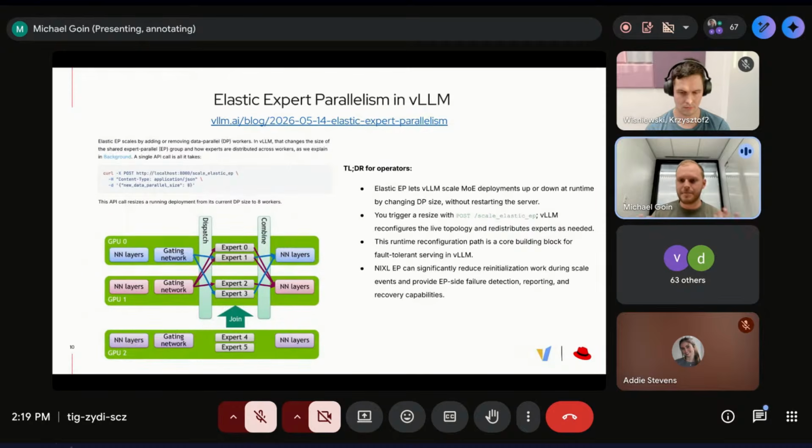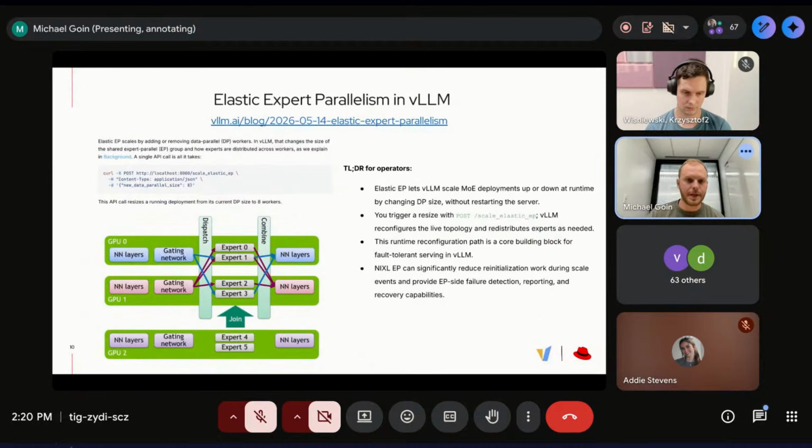So Elastic EP is exactly for that. It allows us to dynamically change the amount of parallelism of a live running deployment, resharding experts across GPUs dynamically as GPUs or nodes fail at runtime, so we can recover and not have the whole system crash and need to deal with startup costs. And of course, scale the number of GPUs that are running that workload dynamically up and down as your workload distribution changes over time.